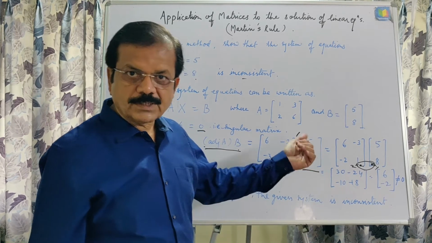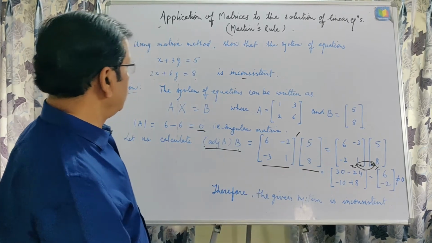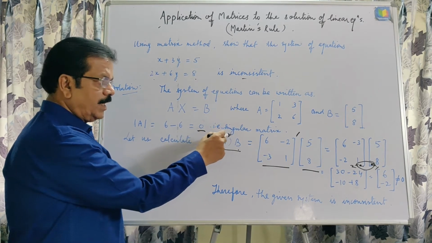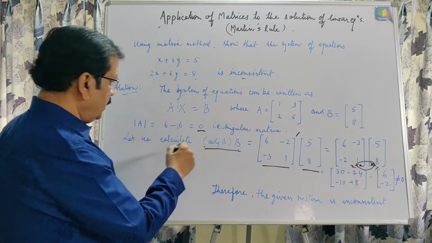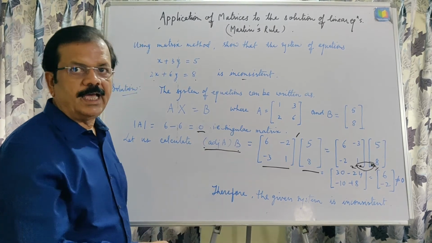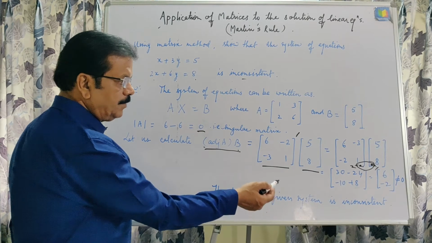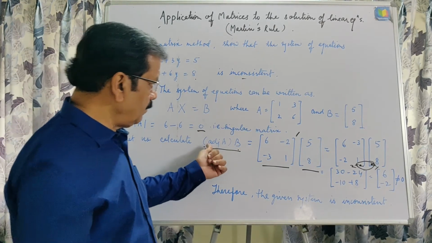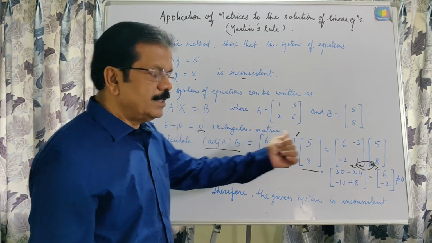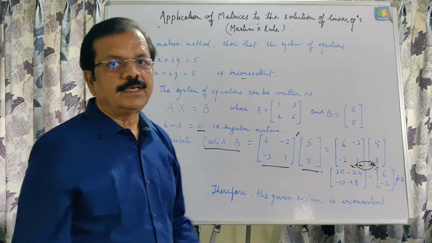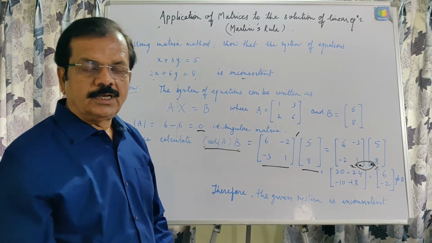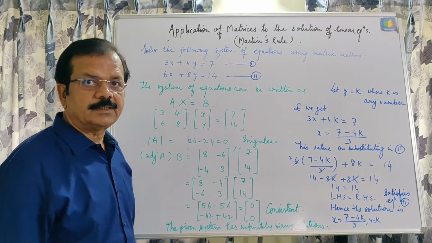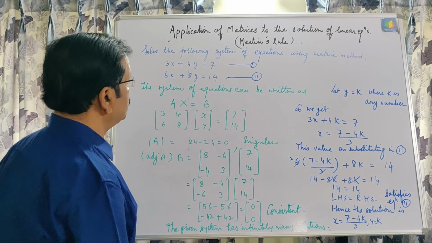In the previous question we studied that if determinant of A is not equal to 0, that is for a non-singular matrix, we got the system is consistent with a unique solution. This is the second type, inconsistent. Now in the third type we are going to study that if adjoint of A into B is coming 0, then how can we get infinitely many solutions. Next, this is the third type of consistency and inconsistency of system of equation.